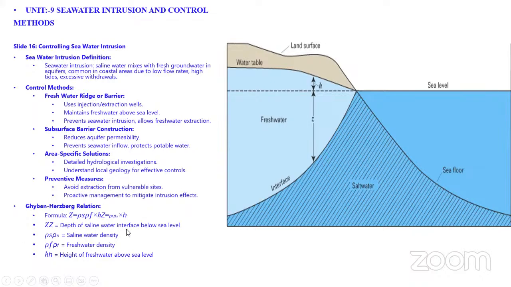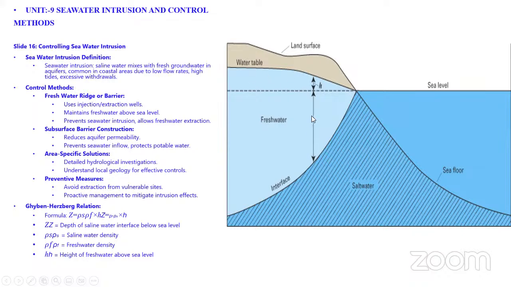The depth of the saline water interface below sea level, the saline water density, the freshwater density, and the height of the freshwater above sea level. See here, this is the sea level. And what is the height of